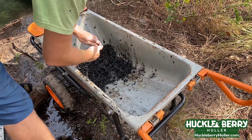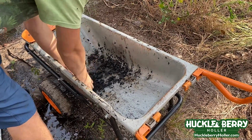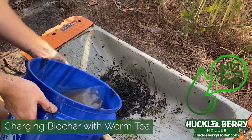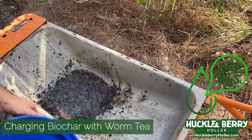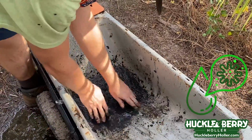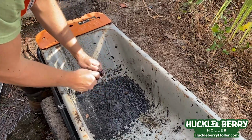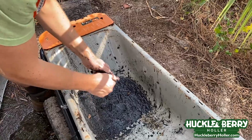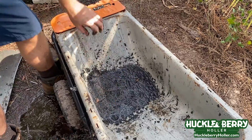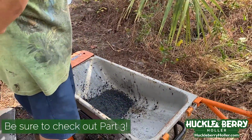It doesn't need to be super fine, but so we have that in here. And then here's the compost tea. We'll pour some of that in this to charge it. Let this sit for an hour or so, and then we'll go and just put this around fruit trees as well. And I'll show you, if you don't want to make the compost tea, you can just go from straight biochar to